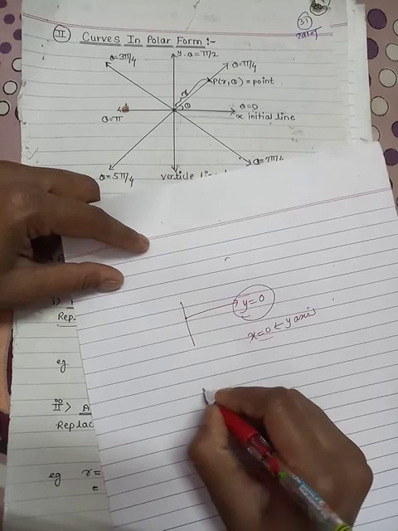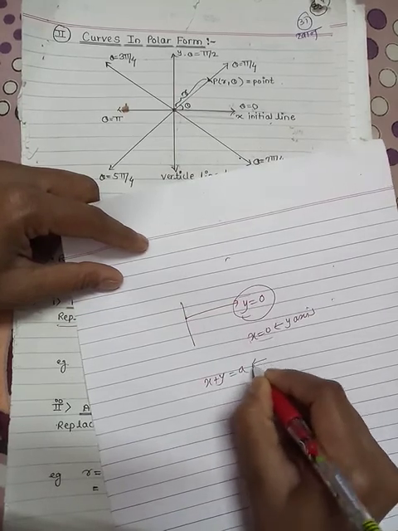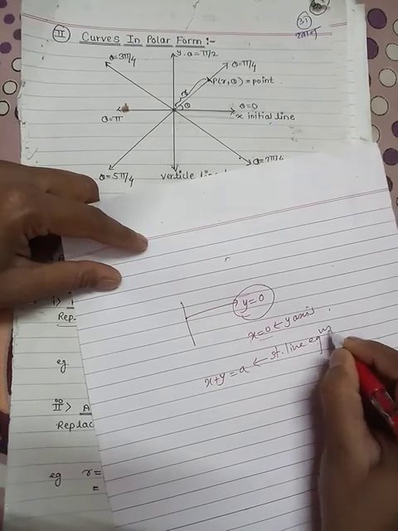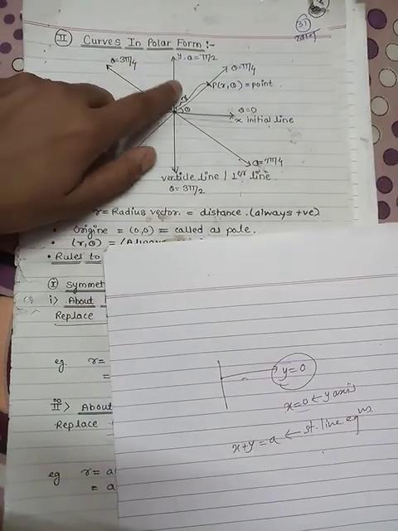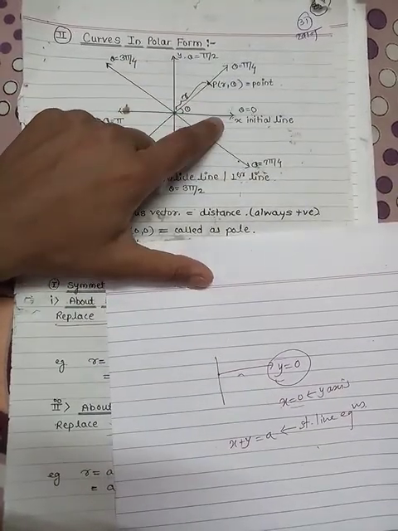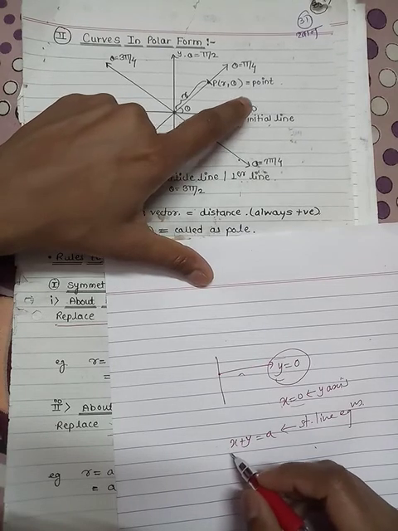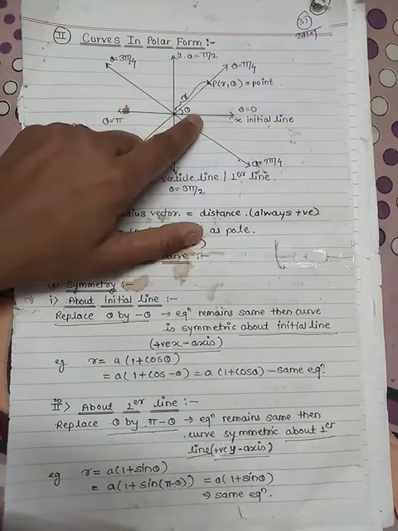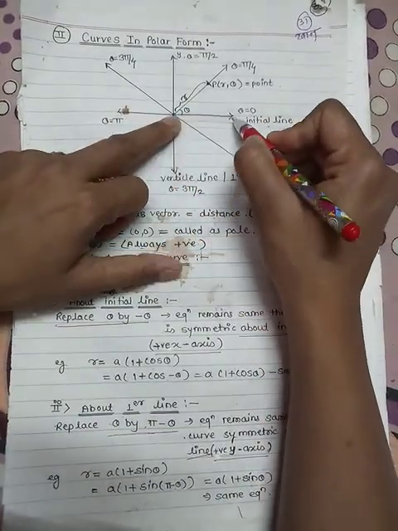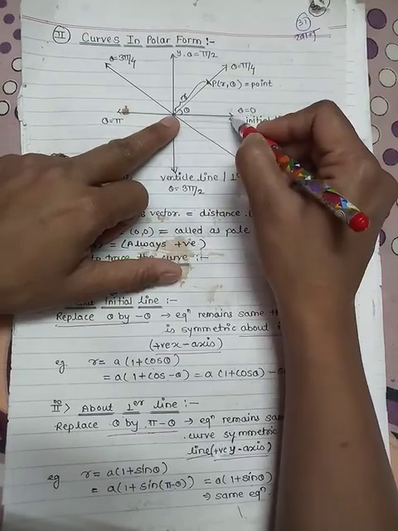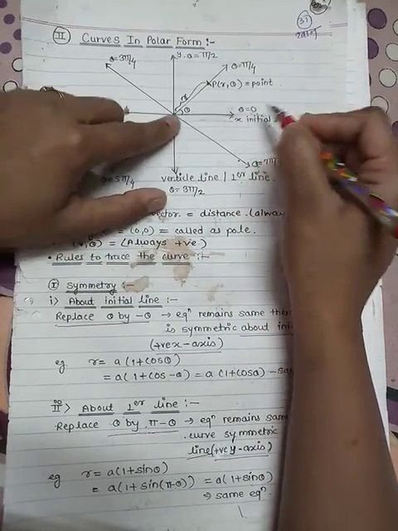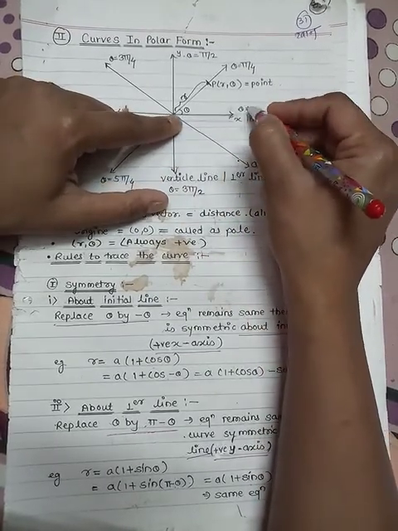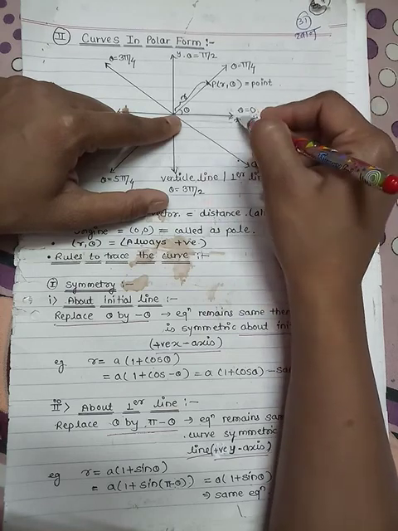The tangent equation or asymptote equation is x plus y equal to a. So in x, y variables we have the straight line equations, but in polar form the straight line equations are given in the theta variable. So what are these equations? Here the positive x-axis has the equation theta equal to 0, because theta is the angle. At the x-axis the angle is 0, hence theta equal to 0 is the equation of the positive x-axis.